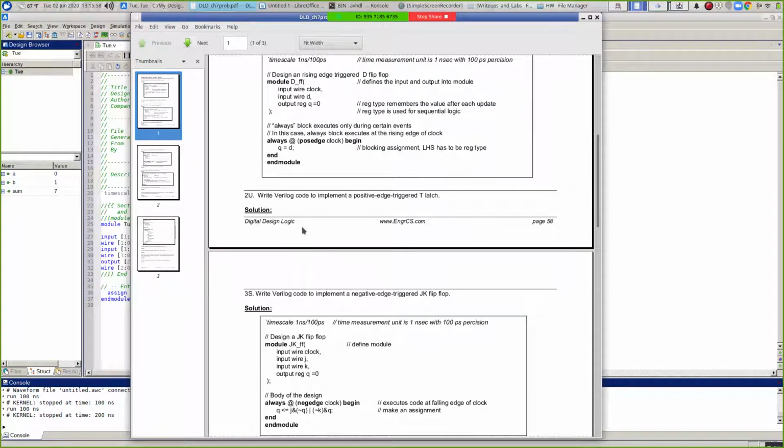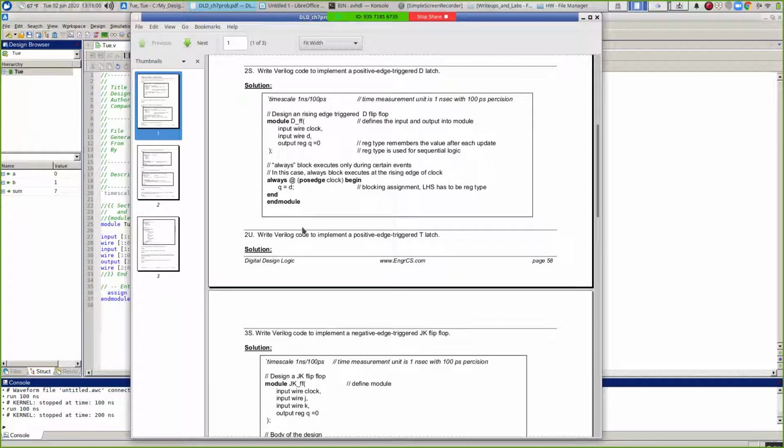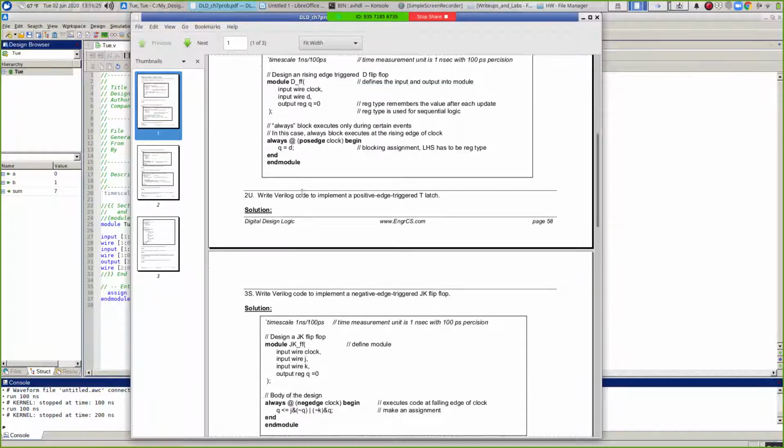Okay. Question 2, we're looking at implementing a circuit with memory, right? A latch. And we haven't talked about the always block yet. The always block is key to building things that are stateful, things that remember information from the past. But this is basically saying, here's a module. It has an input called a clock, a D input, and a Q output. And we have one line of code which says